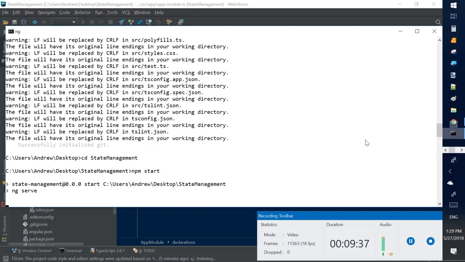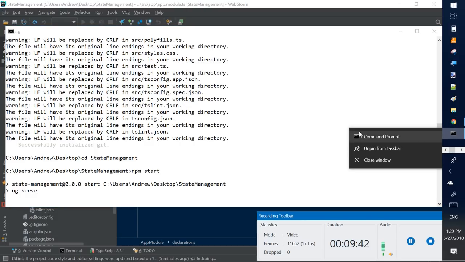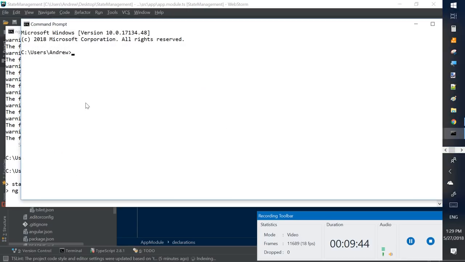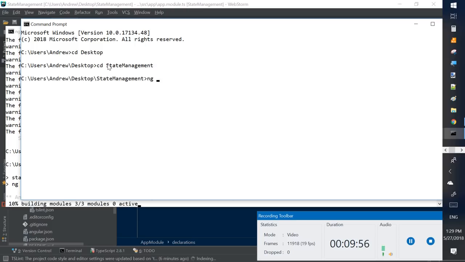All right, so while that gets started, I'll go ahead and open up a second terminal window or command prompt window, because this is going to be running in the background and we want to be able to actually have use of our command line. So I'm going to go back into that same folder, and while that's running in the background, you don't have to worry about it anymore. It'll just rebuild as you change your code. So what I'm going to do is use the Angular command line interface to create a couple components. So you're going to type ng generate